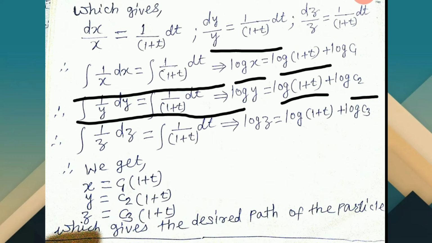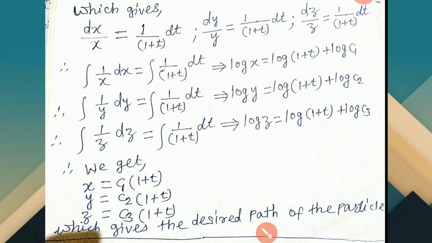Similarly, integration of 1 upon z dz is equal to integration of 1 upon 1 plus t dt, which implies that log z is equal to log 1 plus t plus integration constant